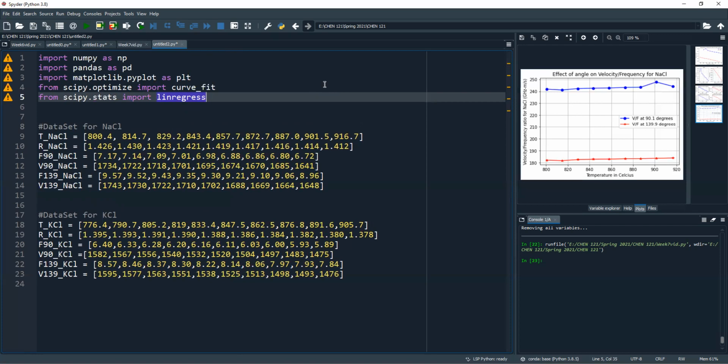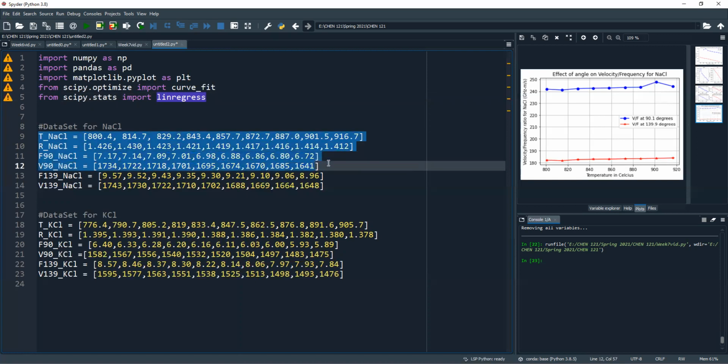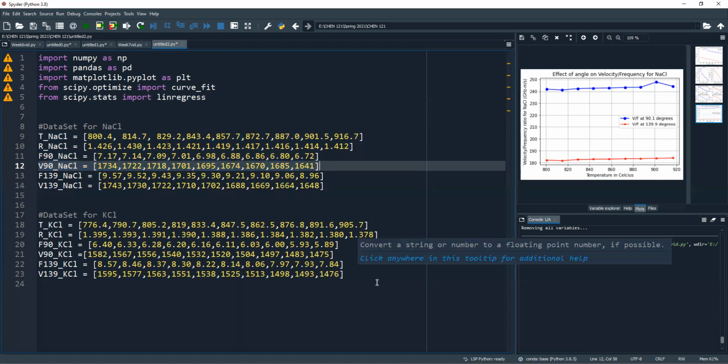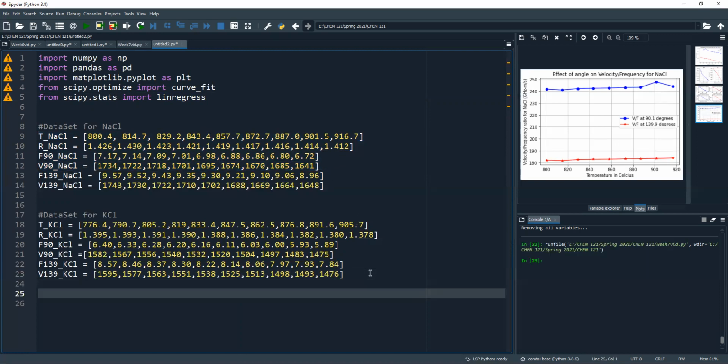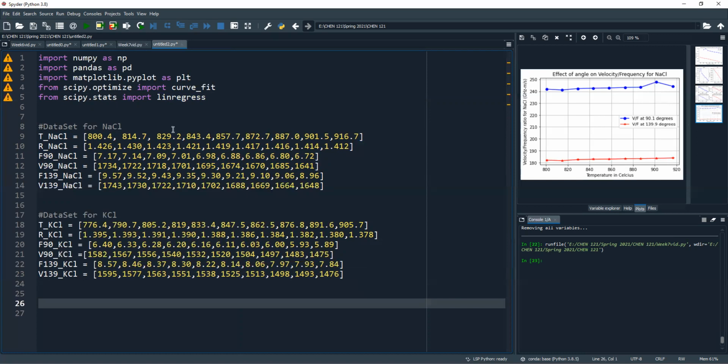So what do we want to do? Let's just try to remember what we want to do. We want to create a 3x1 figure, and on every figure, I want to have the experimental data and my linear fit for NaCl at 90 degrees. So I'm really concerned about these four lists. And if you recall from last week, we created a robust code, to just generate a plot and